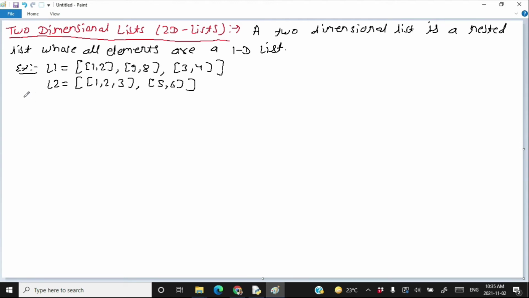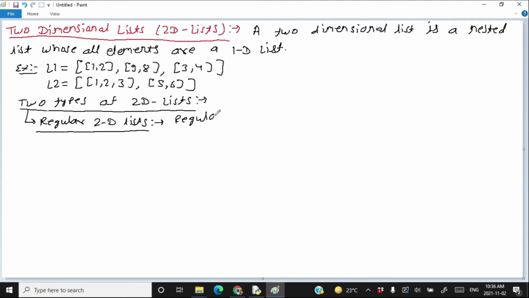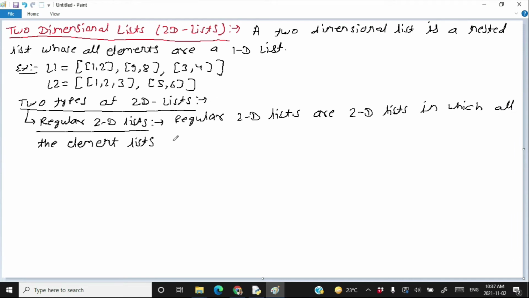Now again, there are two types of two-dimensional lists. Two types of 2D lists. First one is called a regular two-dimensional list. Regular 2D lists are 2D lists in which all the element lists are of the same size.